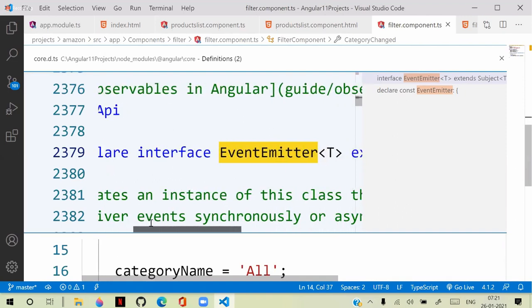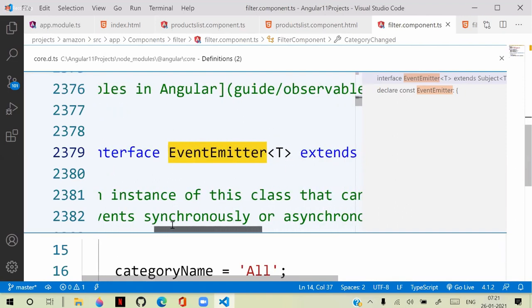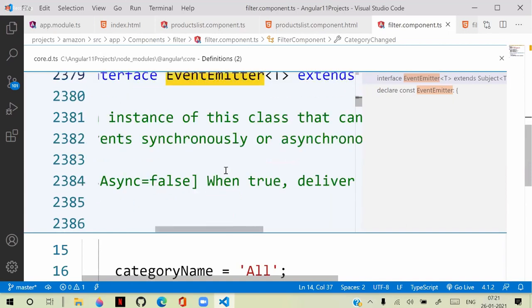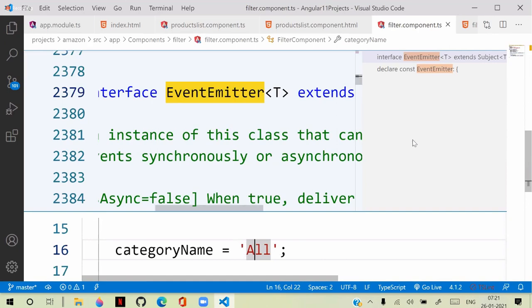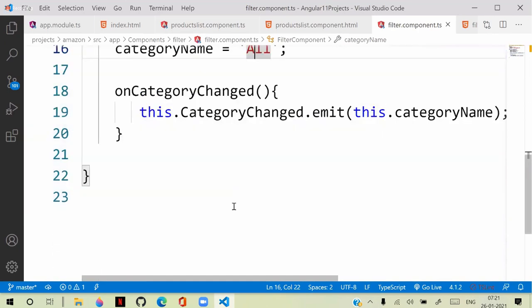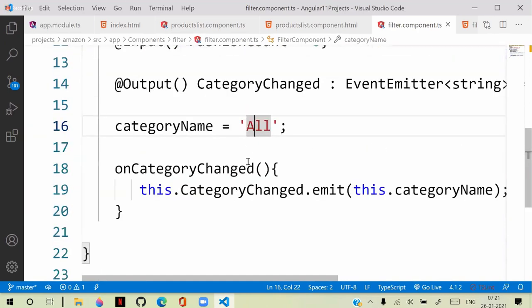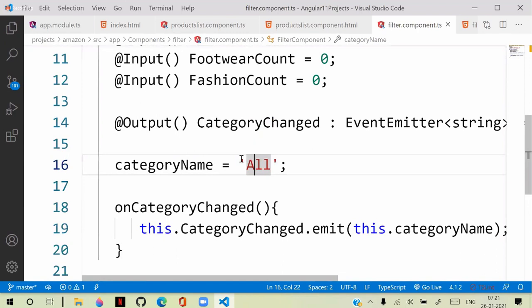So EventEmitter is a generic type. Obviously we know that if it is a generic type, then it can emit any kind of value, different types of values. So for example,